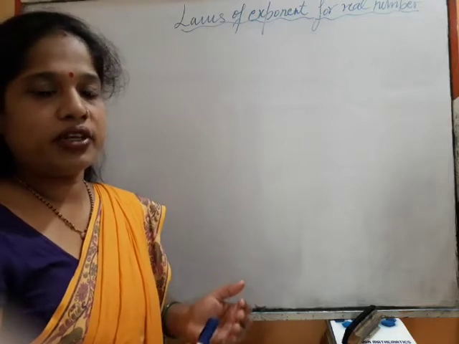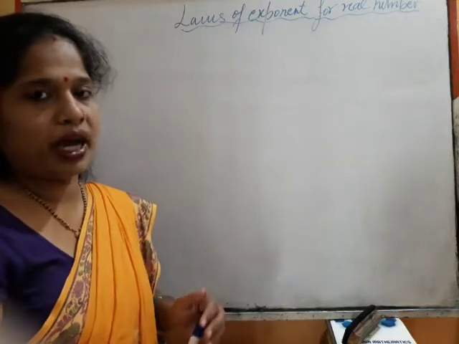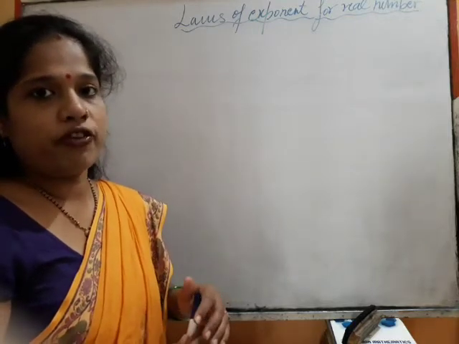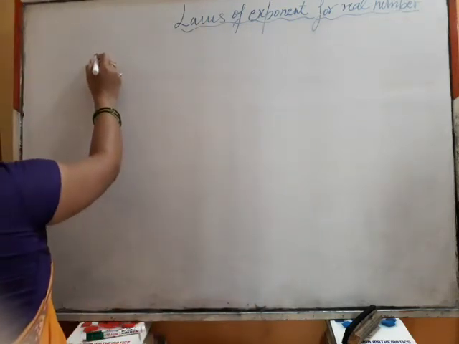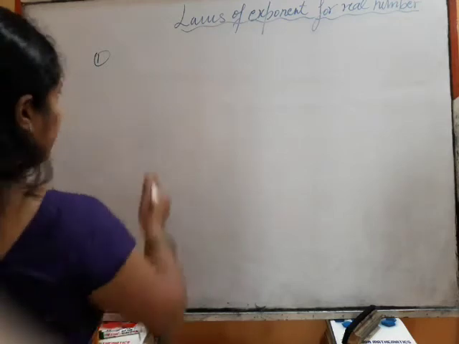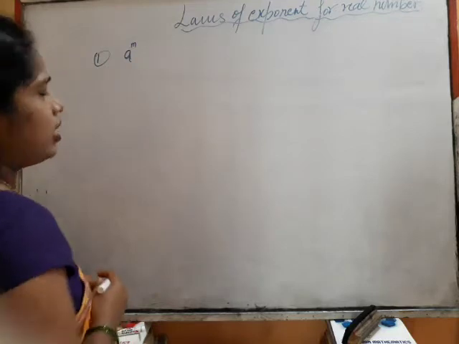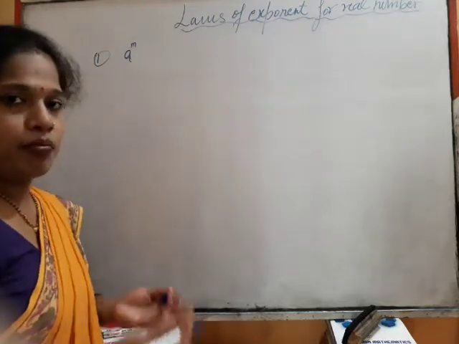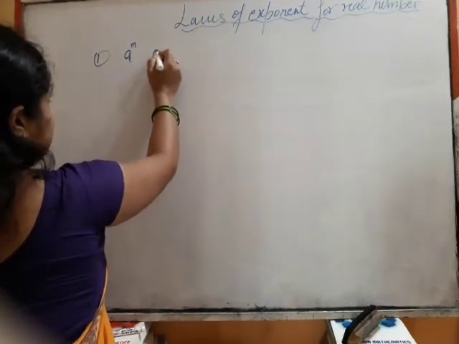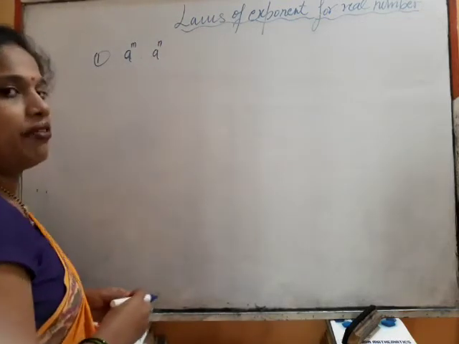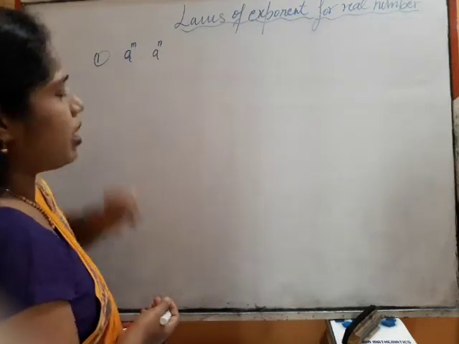Now let us see first what are the laws of exponents, or let us list out the laws of exponents one by one and how they will be used for the solution of questions. So law number 1. First law is, suppose it is the number a and it is having some power m. Exponent means powers of a number. There is another number, the same number a, having a different power n.